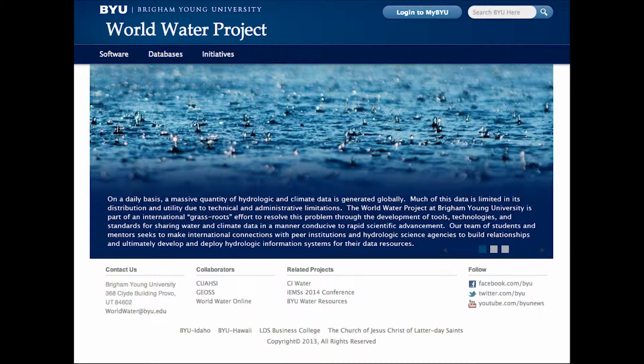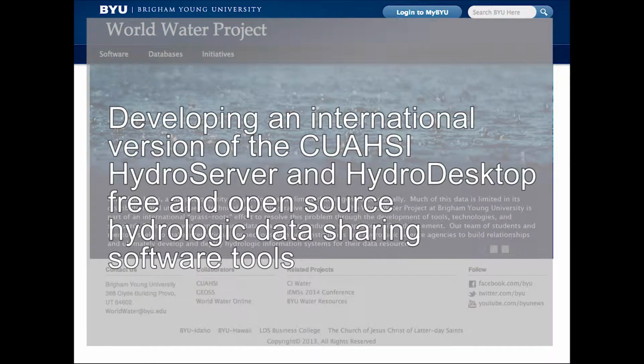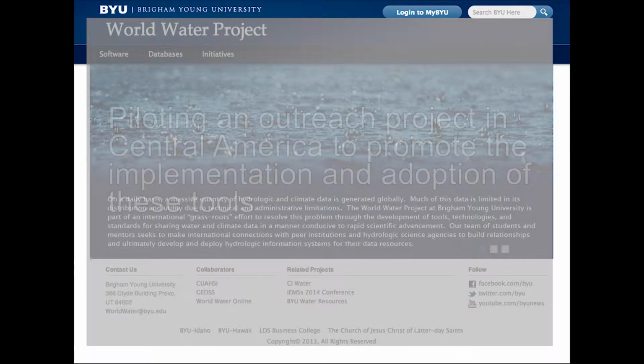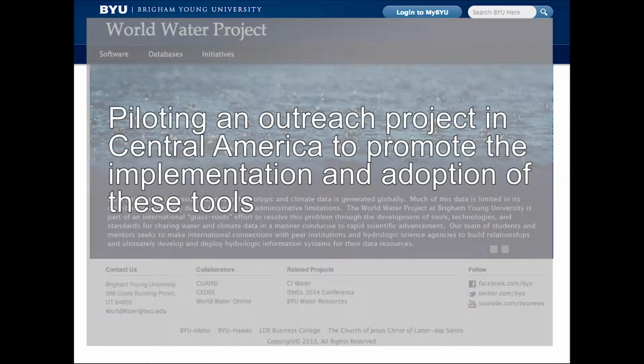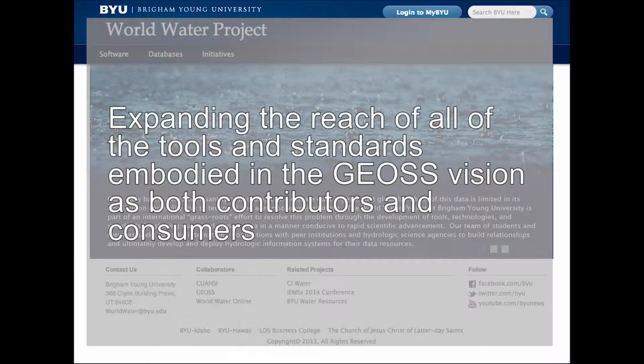global water data exchange. Key initiatives include developing an international version of the CUAHSI HydroServer and HydroDesktop, free and open-source hydrologic data sharing software tools, piloting an outreach project in Central America to promote the implementation and adoption of these tools, expanding the reach of all of the tools and standards embodied in the GEOSS vision as both